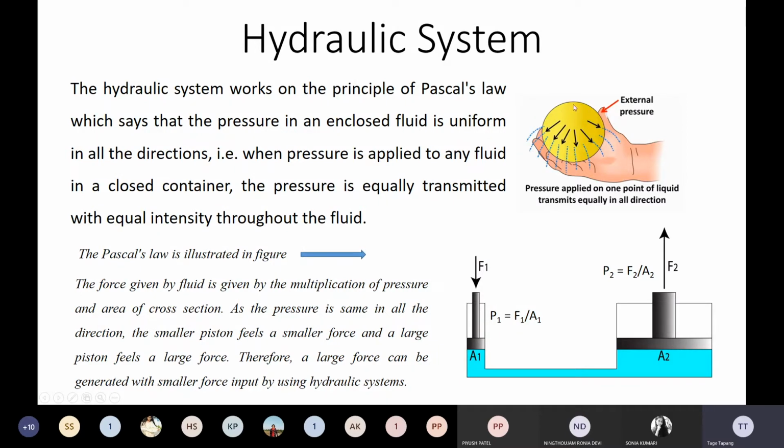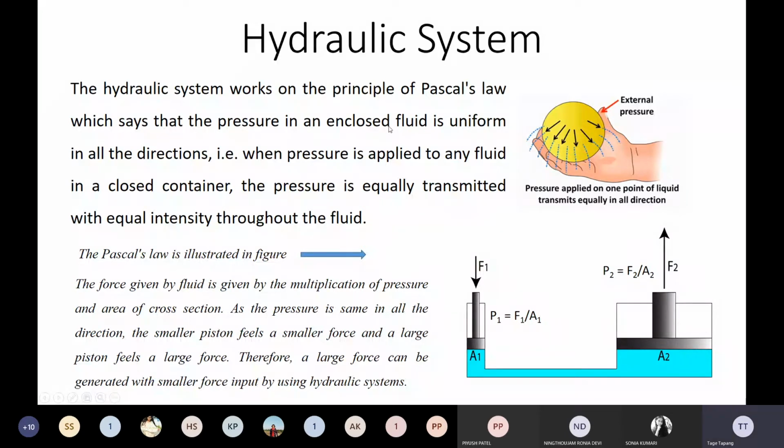So for example, here you have a bowl which contains some water. So when you apply force, suppose with your thumb finger, equal amount of water will be released from every portion, from every hole, every pore. This hole being nearer to this thumb finger will not experience more pressure. This being further, it will not experience less pressure. All the holes or all the pores, they will experience similar pressure, equal intensity.